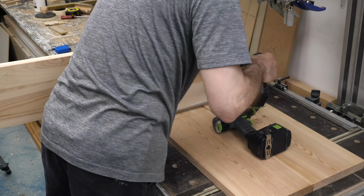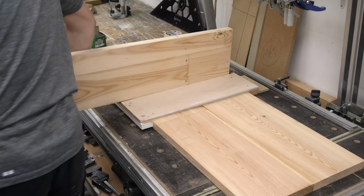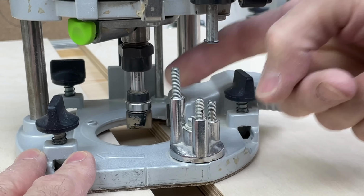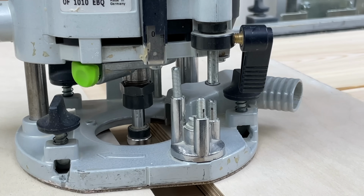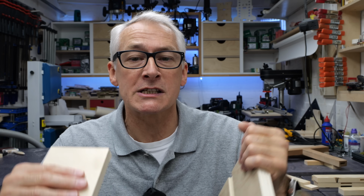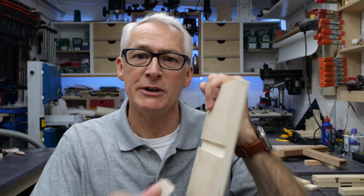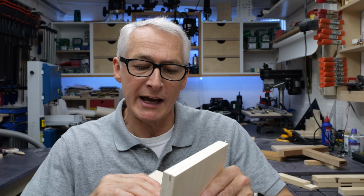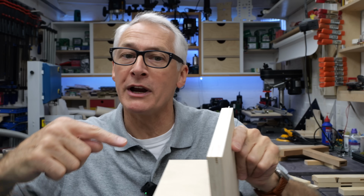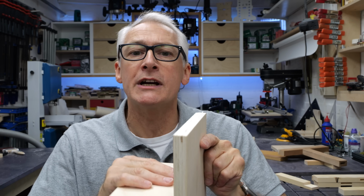It's good for shelves because the shelf is located precisely in both sides of the carcass, and while it doesn't have any strength in tension, the shelf could pull out of the carcass sides if they bowed, for example. Like the rebate, it's very strong in compression, so the shelves could be loaded up without any real fear of them pulling out of the sides, provided that the housing is deep enough. If you ever have to take apart an older piece of furniture with shelves in housings, it's not unusual to find a few small pins or nails driven into the carcass through the shelf to help prevent that bowing of the sides. Again, housings can be cut with just a track saw,